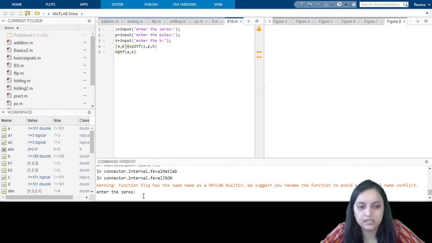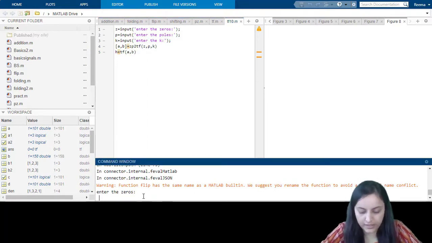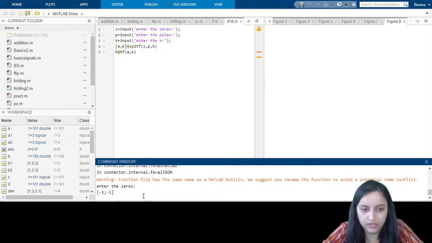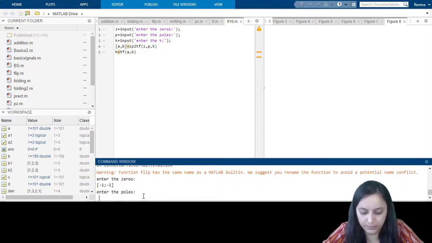So here it is asked to enter the zeros. So let us enter the values of zeros, that is -1, -1. We have entered the two values of zeros over here. Now it will ask us to enter the poles, as you can see in the command window. So let us enter the values of poles, that is -2.6180, and then the second value.